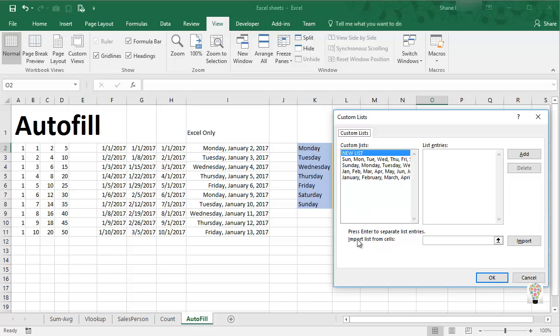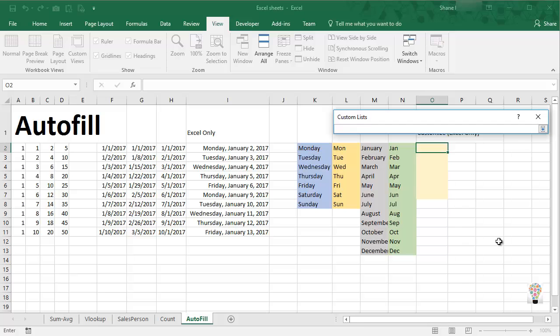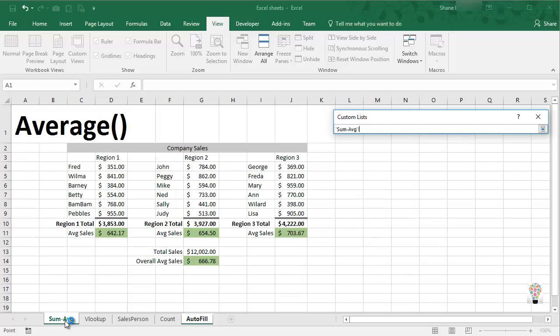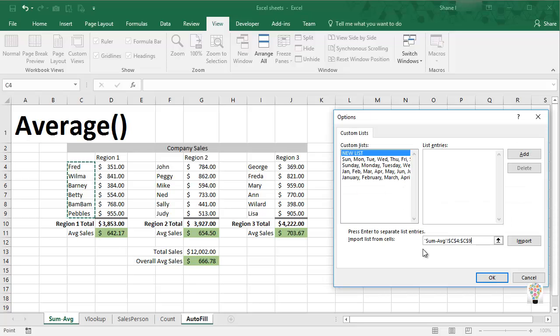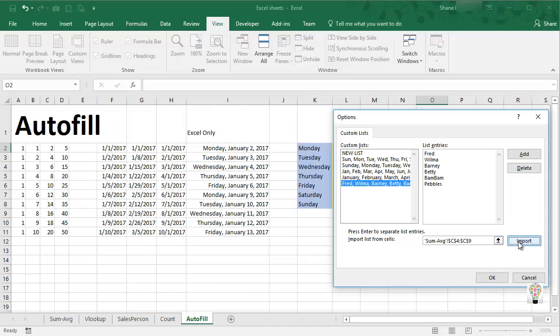And we can also import our list from existing cells, and that's what I want to do today. So to do that, I'm going to click on this little box here, and now it's asking me to drag across my custom list. Well, I'm going to go back to my earlier spreadsheet that I'd worked on, and I'm going to take my Region 1 salespeople here, and drag across their names. Once I do that, I can press Enter. It brings it in over here. Now I can click the Import button, and it automatically will populate my list entries with their names. I'll simply click OK,